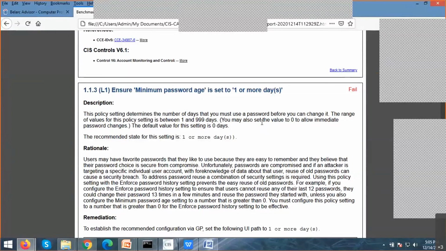So these are some of the things. You have to check each and every level of these settings. Okay, so you can just check what exactly the minimum values are and all those things.